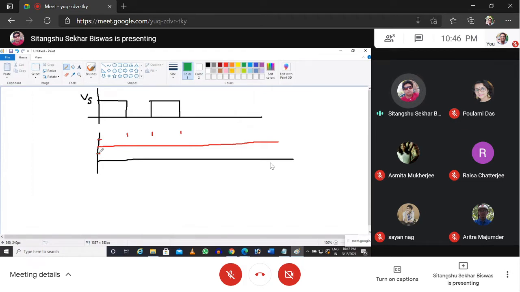When the voltage appears across the inductor, suddenly the current will not rise up to the peak. Slowly, using a gradient, from here it will try to reach. And when it is off, suddenly the current through the inductor will not be zero. It will be coming down like that. So let us take that as I1, and that as I2. And this red color line is the average inductor current.